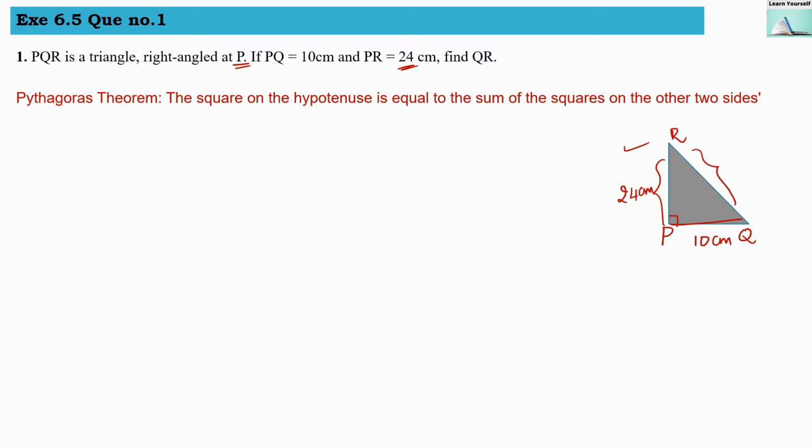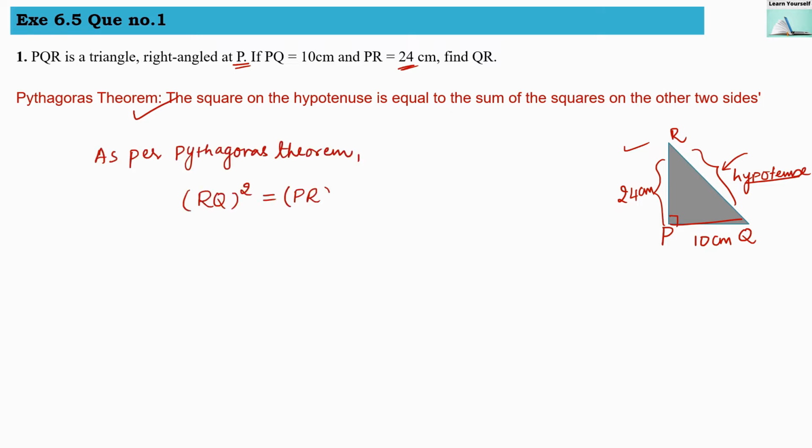Now as per the Pythagoras theorem, the square on the hypotenuse. This is our hypotenuse. The opposite side of a right angle will be the hypotenuse. Now square of hypotenuse is equal to the sum of squares on the other two sides. As per this theorem, we can write here RQ square equals PR square plus PQ square. Now let us write the values for the same. So 24 square,